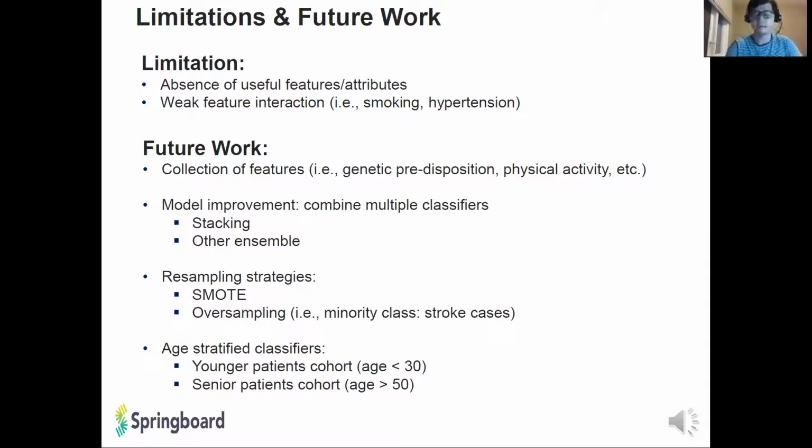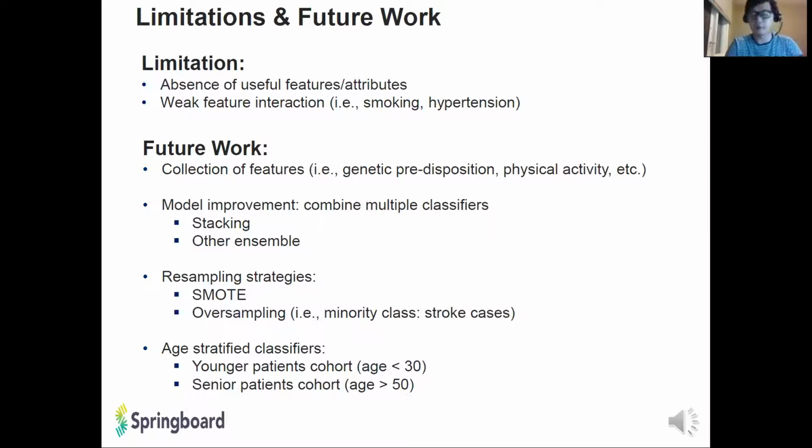In terms of future work, this follows along the same point I mentioned earlier, which is collecting more meaningful features, like genetic predisposition and physical activity. I especially want to mention genetic predisposition because when I was analyzing the data set, some portion of my stroke patient population were younger patients, like teenage age or something like that. This type of variability cannot be explained with the feature set that I have in my data set, so I definitely want to have genetic predisposition or other kinds of factors.